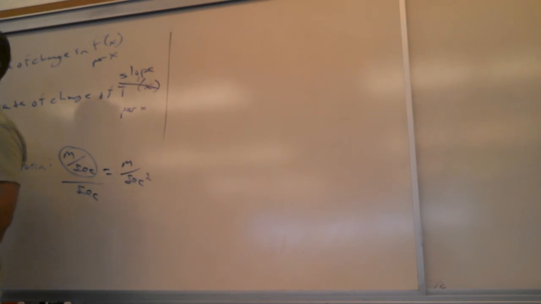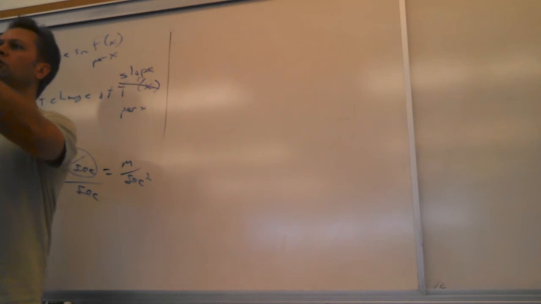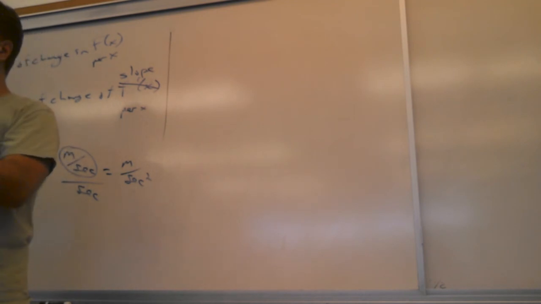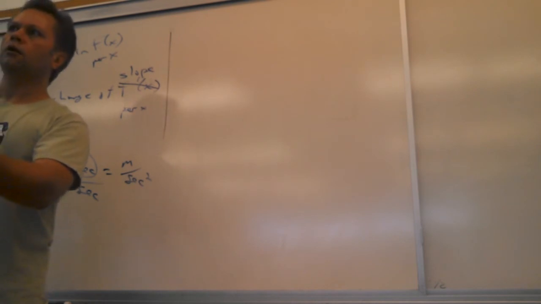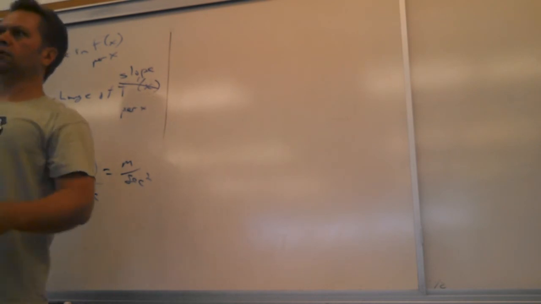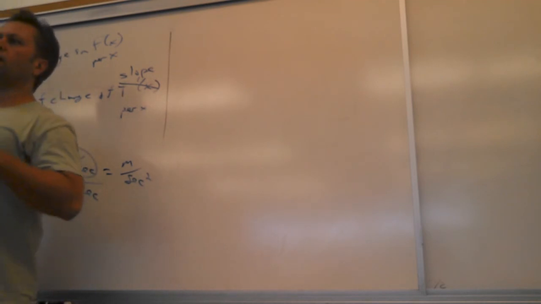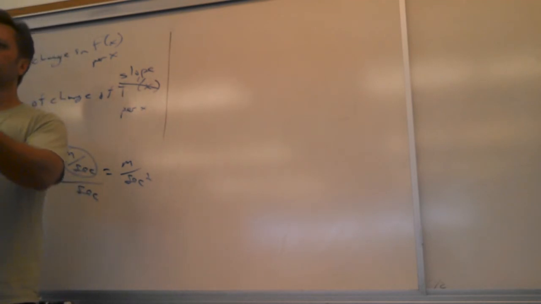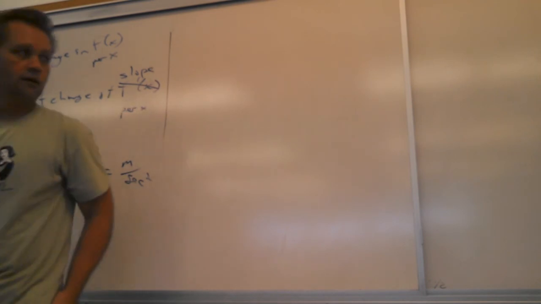Everywhere that this is true isn't necessarily an inflection point. No, just like critical points. Critical points of the first derivative are where the first derivative is zero. Are they all maxes and mins? No, it could be neither, right? So the same thing could happen with the second derivative. They are critical points. I call them critical points of the second derivative. Right? Sounds sort of like close encounters of the third kind, but